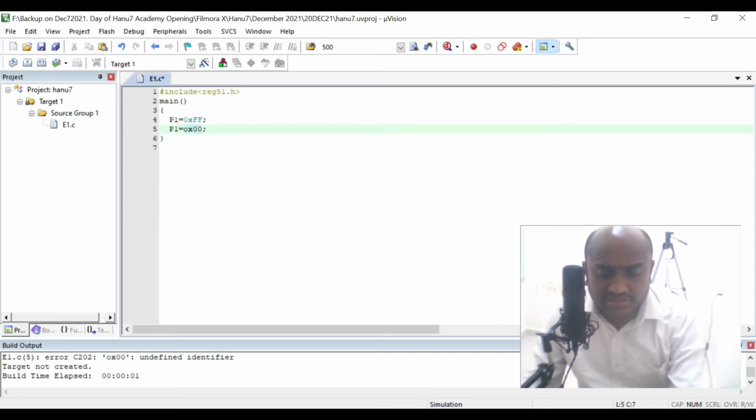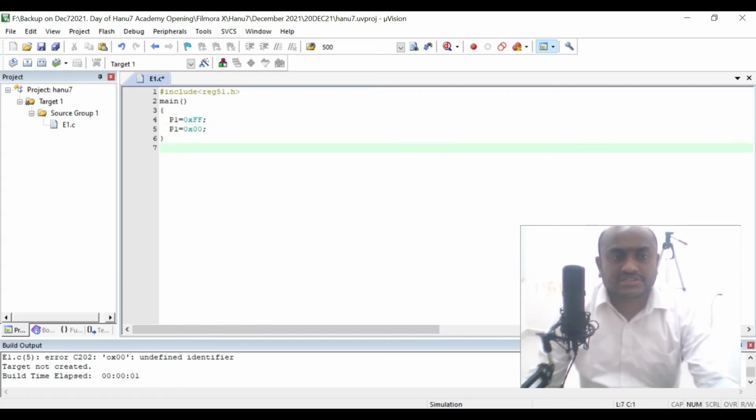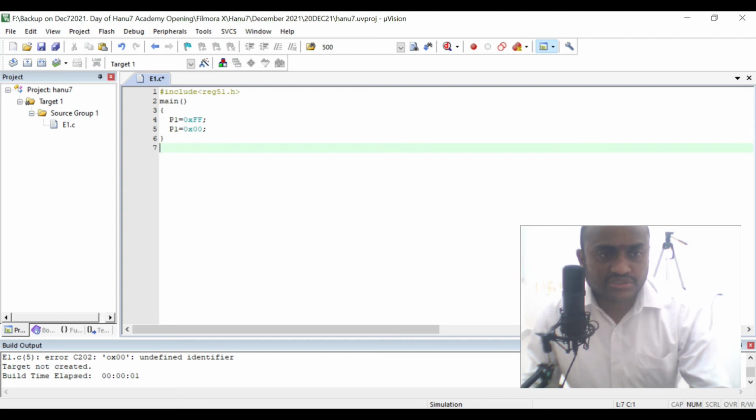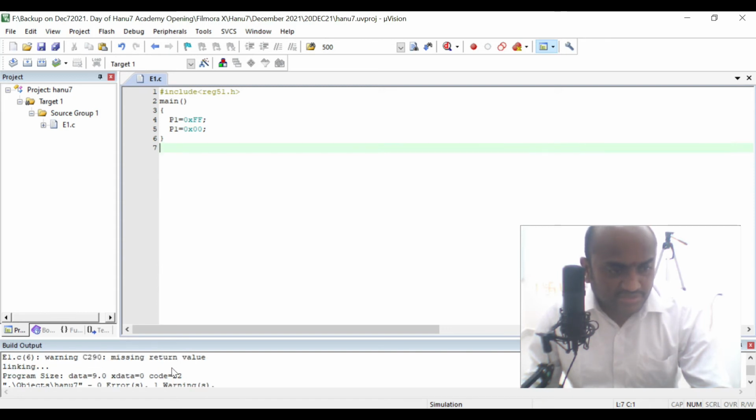So if you save the file early before compiling the project, you get this advantage. It will tell you with the colors itself. Now if you run it, it is telling that there is a warning. Still there is a warning, but you can still run the program. It is telling: missing return values.